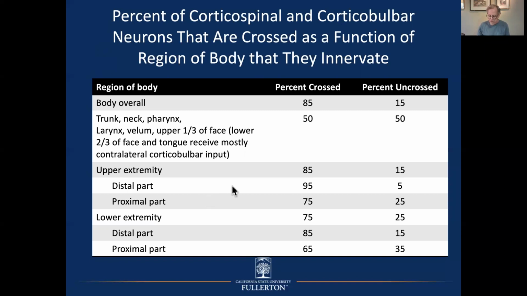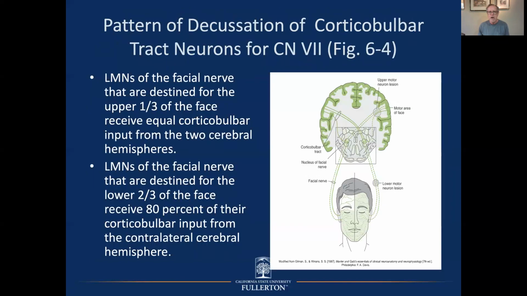All right, so this is a very important table, not so much to memorize the exact numbers, but certainly to see the pattern and understand and integrate the pattern into your understanding of the neurological system. All right, I do believe we also saw this once before, but it's worthwhile reviewing. It shows the lower motor neurons of the facial nerve that are destined for the upper third of the face,